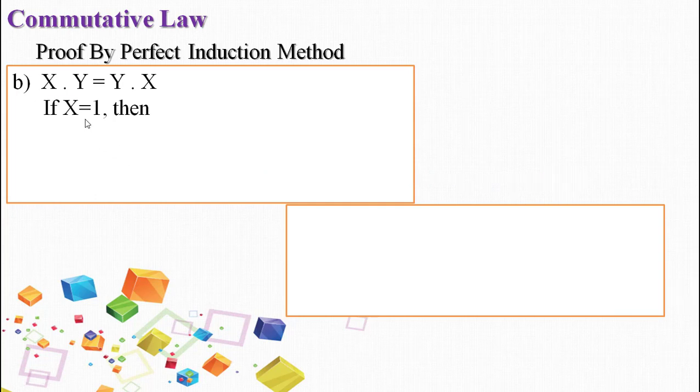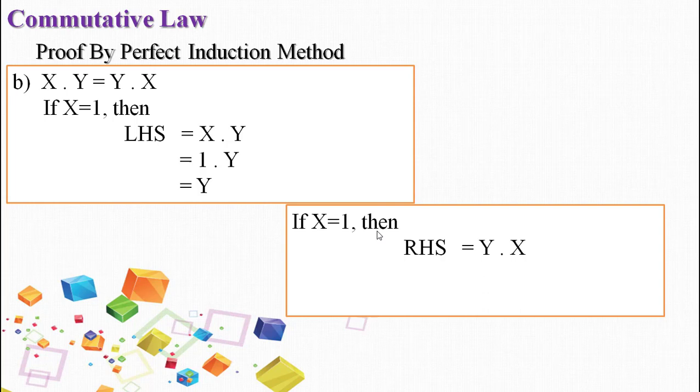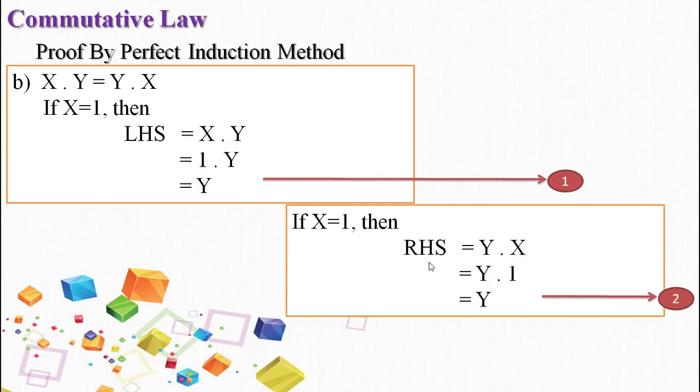Next we will be taking x value equal to 1. Then we have the left hand side expression, substituting the value of x equal to 1. So 1 multiplied by y is y itself. Anything multiplied by 1 is that thing itself, by the properties of zeros and ones. Then we take the x value as 1 similarly, and substitute it into the right hand side expression. So y into x, that is y into 1, which is the substituted value of x, is equal to y. So from 1 and 2 over here, you can say left hand side and right hand side are matching with respect to x value equal to 1.